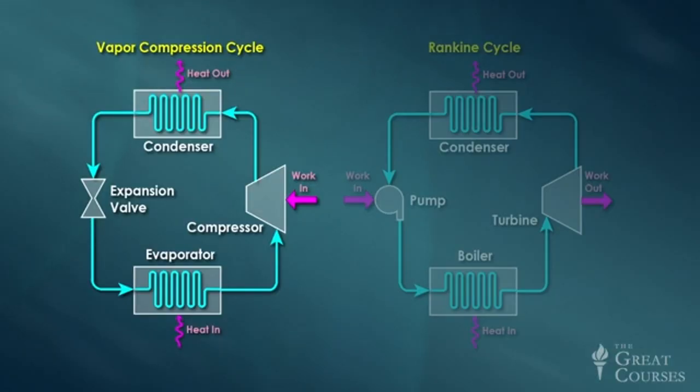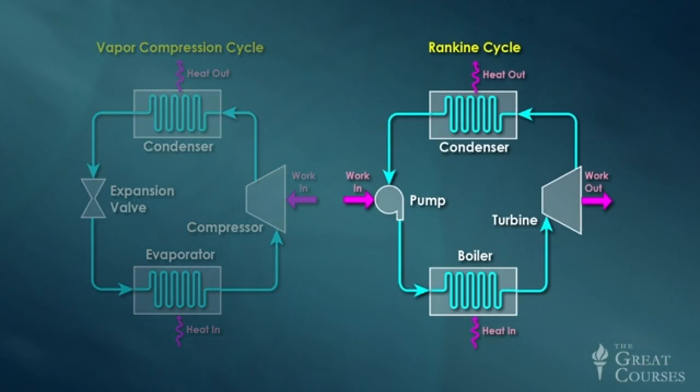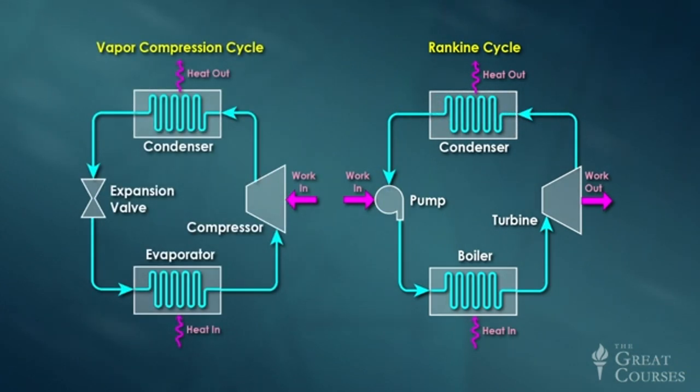In both of these latter cases, there's a working fluid, either refrigerant or steam, that circulates continuously through a closed loop. In the refrigeration cycle, that circulation is from compressor to condenser to expansion valve to evaporator. In the steam power cycle, which is sometimes called the Rankine cycle, circulation is from boiler to turbine to condenser to pump. In both cases, the fluid changes state between liquid and gas, but the fluid itself doesn't change in